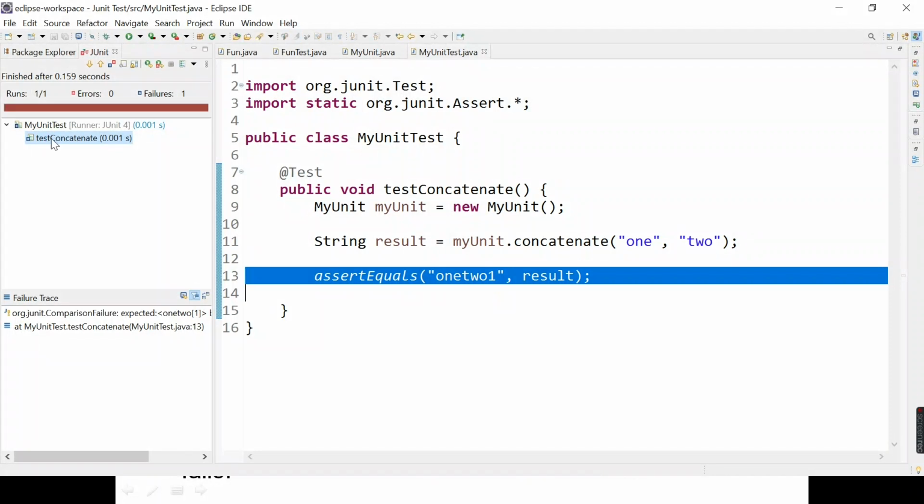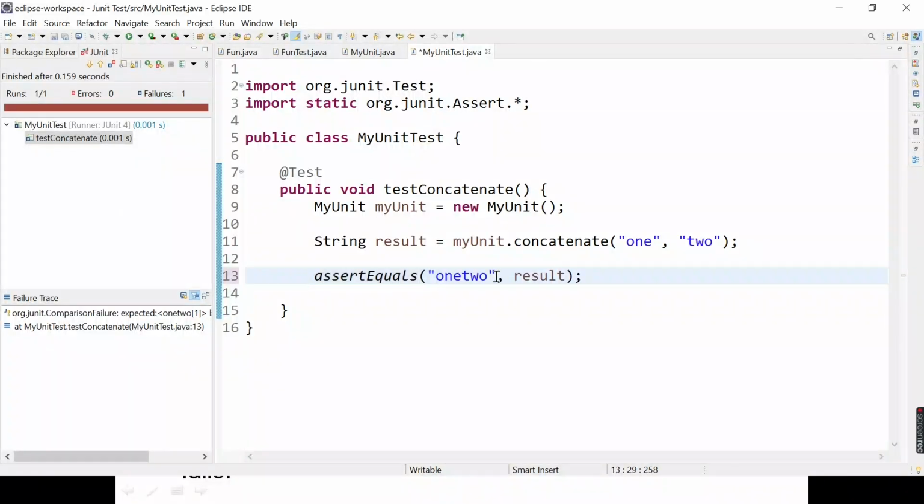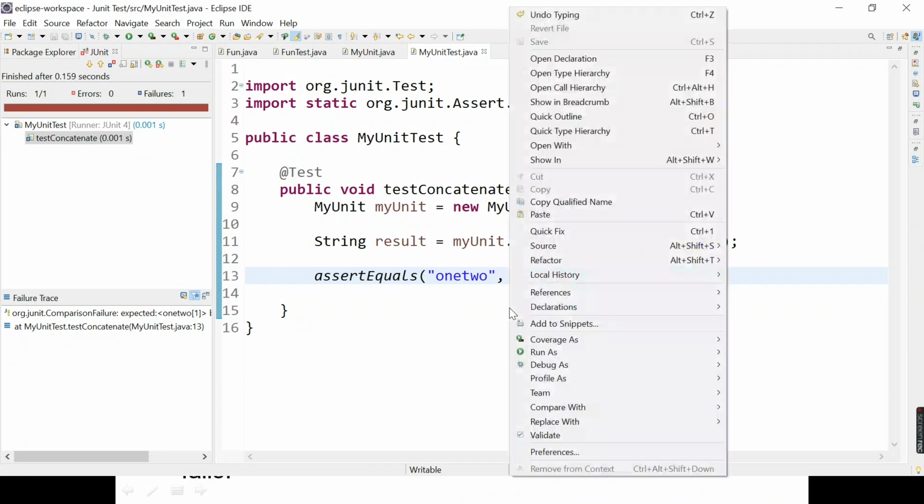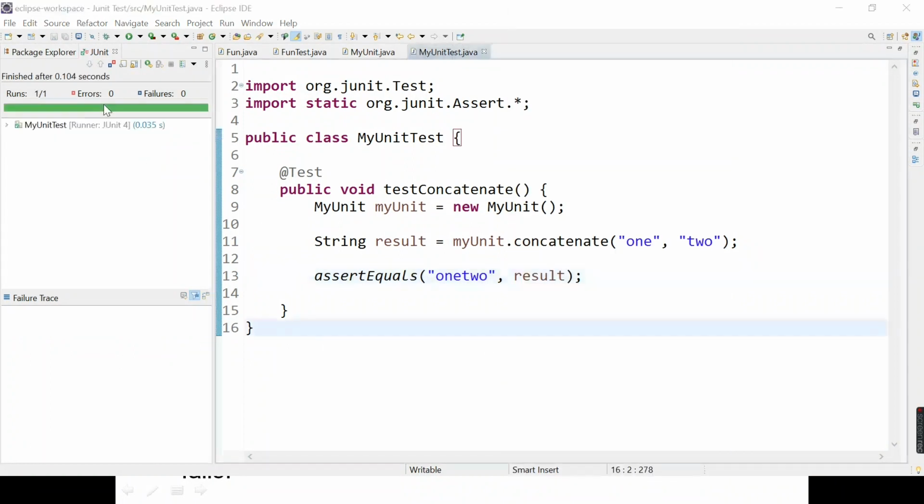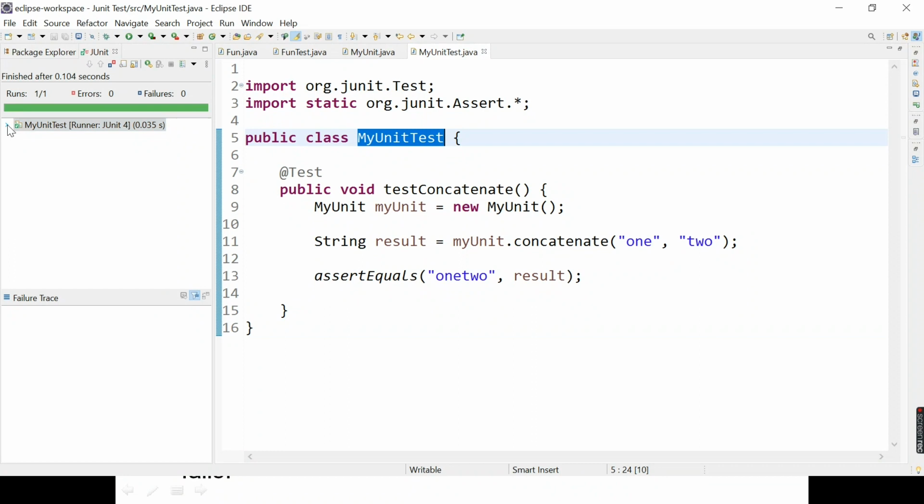This is the result of the test case. If you click on this method, it says this fails, and you get the failure result. If you have more than one test case, then it shows more than one test case here with respect to the result. If I change this to the actual result and run it again, you see there are 0 errors and the failures are also 0. In that case, one test case is executed, one test case is completed, errors are 0, failures are 0, and this is the result of the test case.